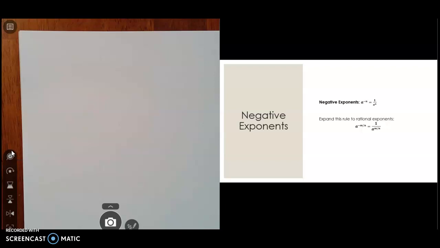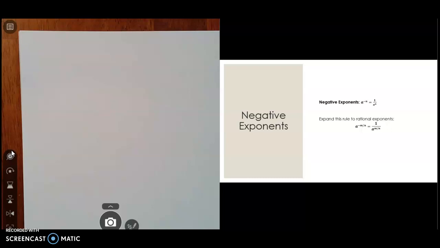So the negative exponents. If you get a negative exponent, basically I always feel like it's just in the wrong place. It's in the numerator, but it wants to be in the denominator, or vice versa. So if you have a to the negative n, that's the same thing as 1 over a to the positive n. So basically, if you switch something from numerator to denominator or denominator to numerator, it just switches the sign